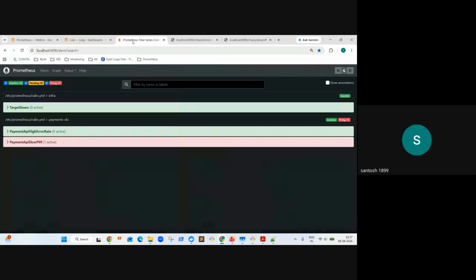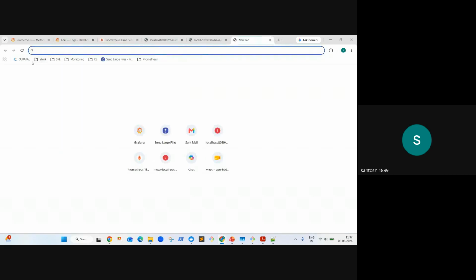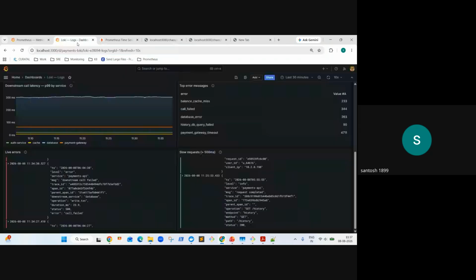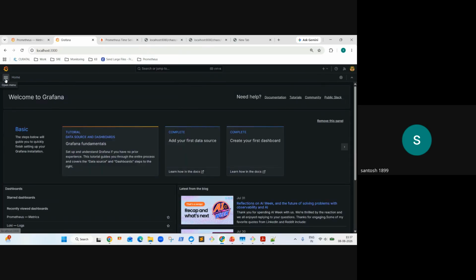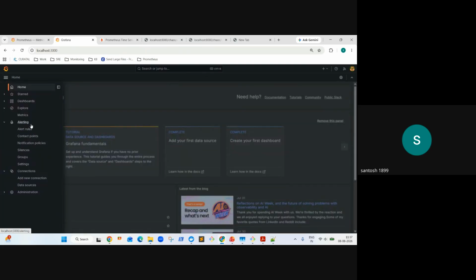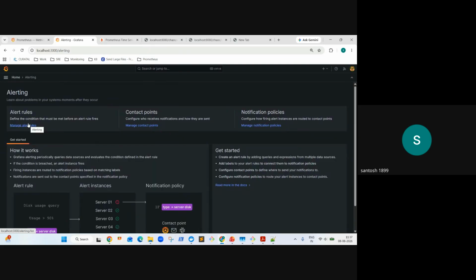Okay, so in tomorrow's sessions, we will start looking into the alerting part, how to streamline the alerts. Just to give a quick overview about the alerting part over here. As you can see,